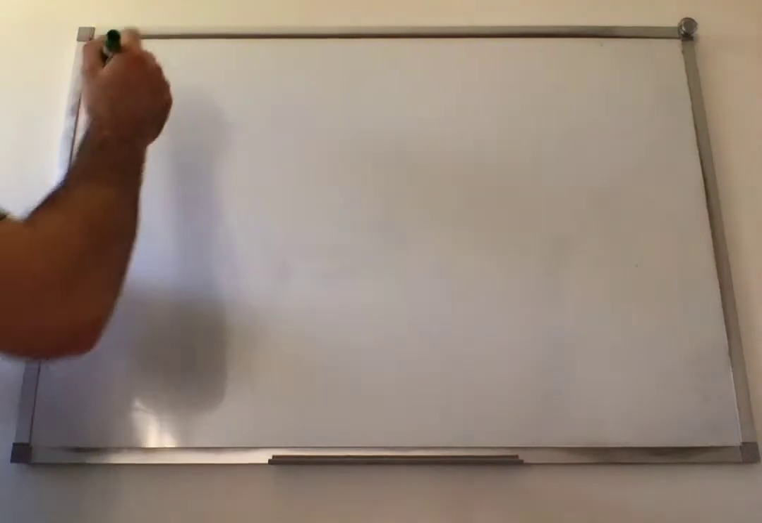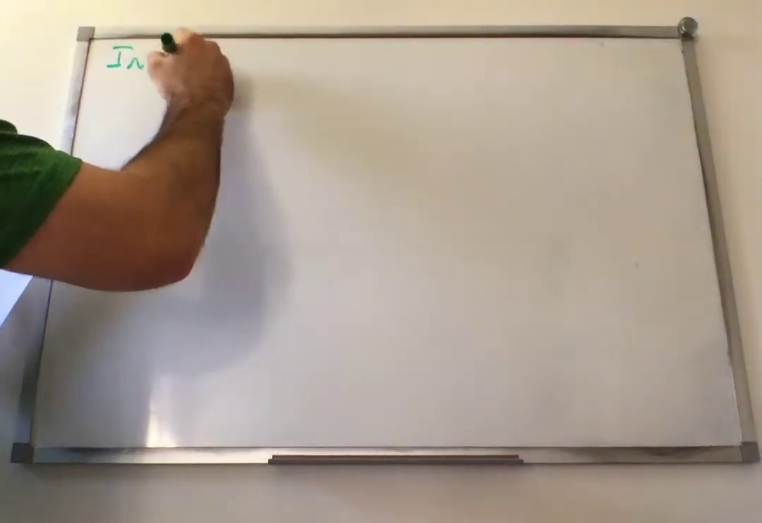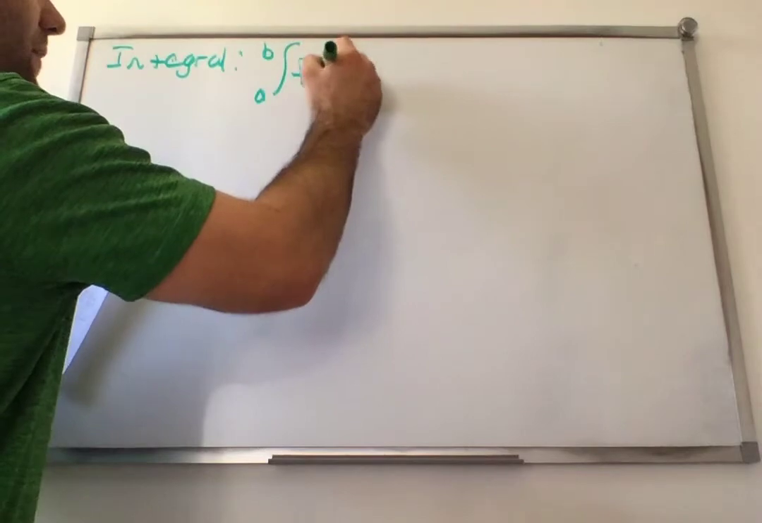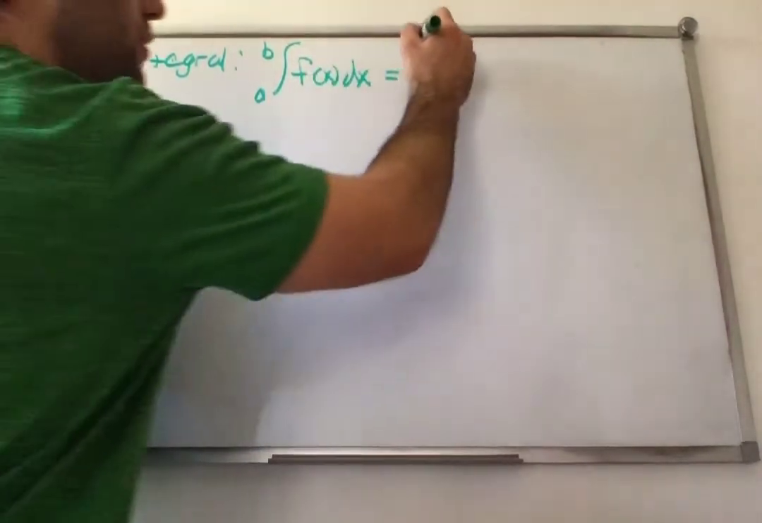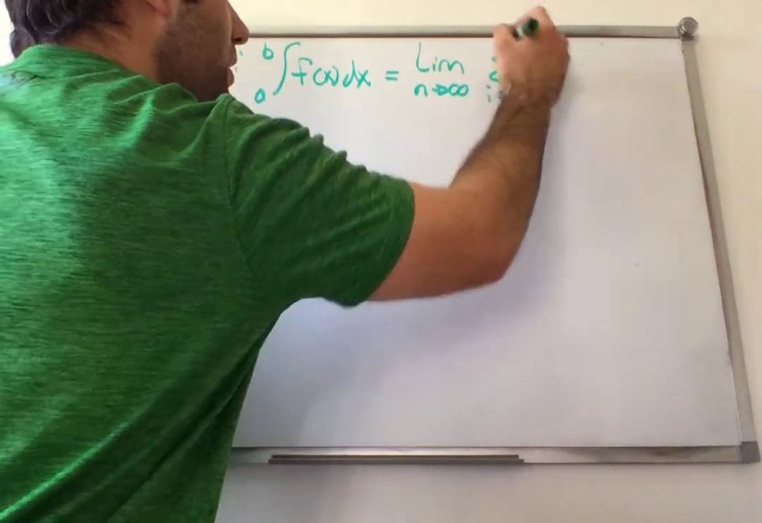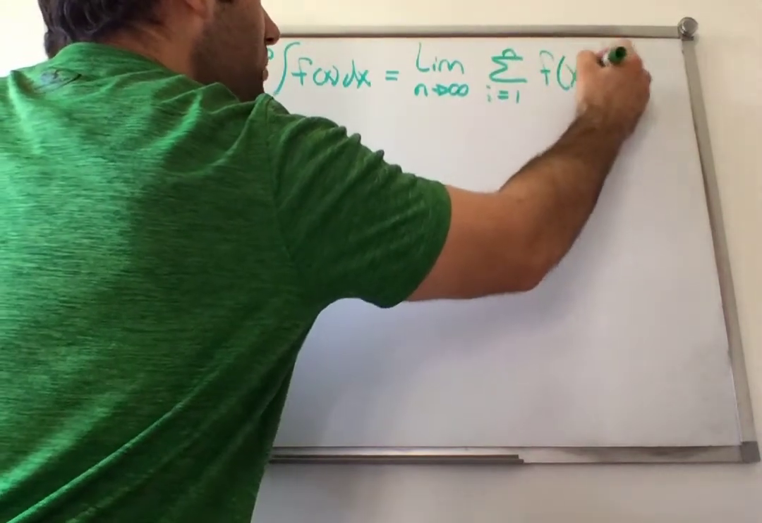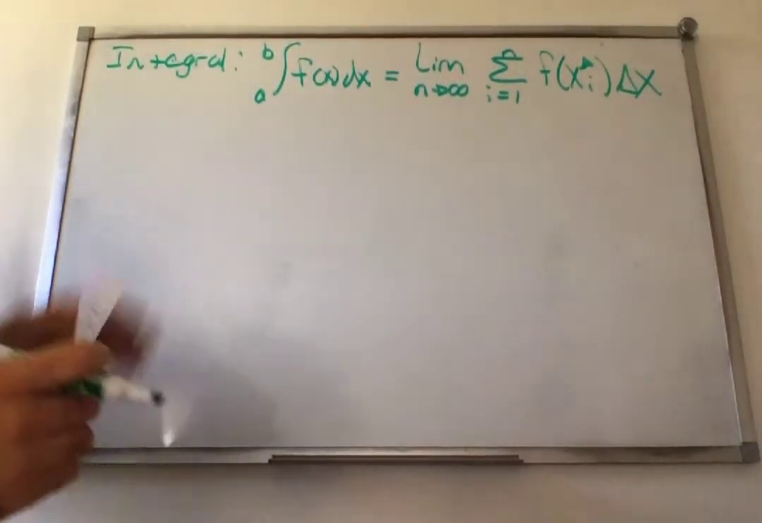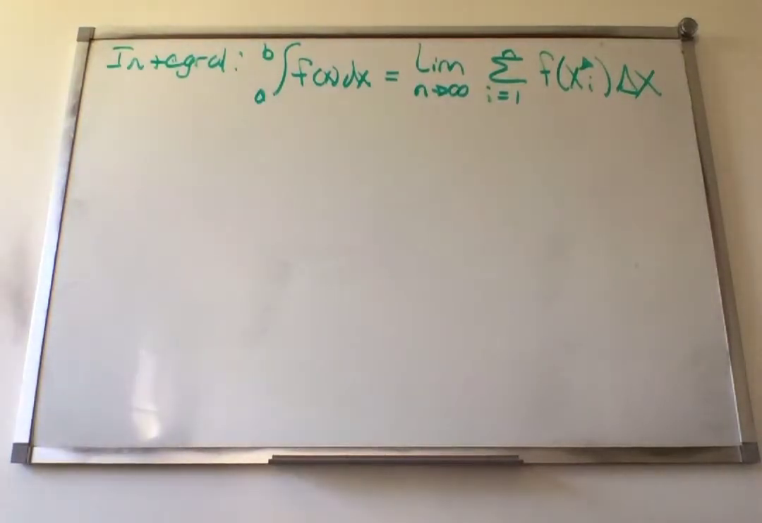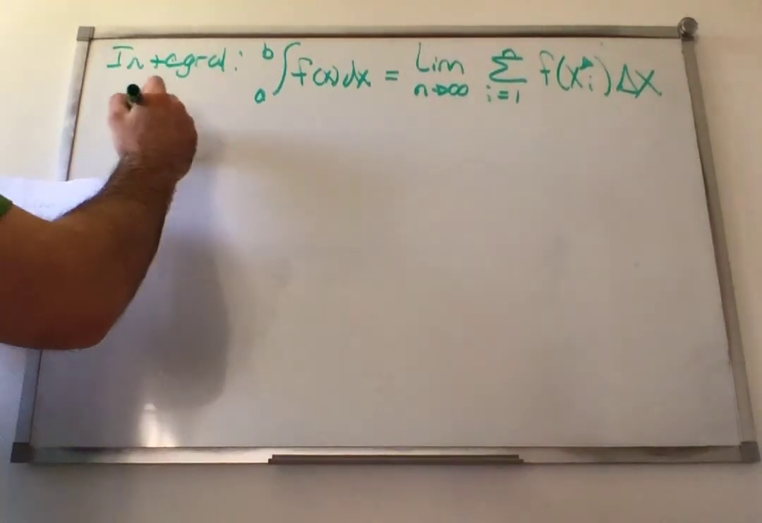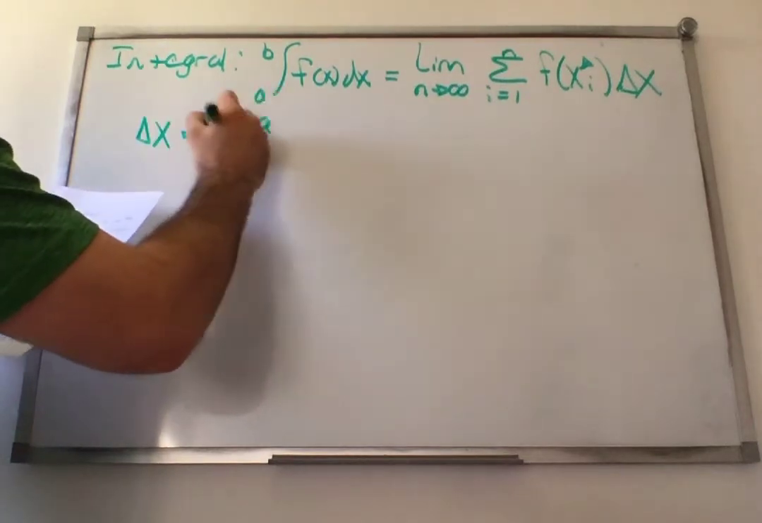Okay, so let's look at the definition of an integral. The integral from a to b of f of x dx is equal to the limit as n goes to infinity of the sum from i equals 1 to n of x sub i star times delta x. That was just the definition that we gave the integral back in the last section, 5.2. Now, delta x was equal to b minus a divided by n,